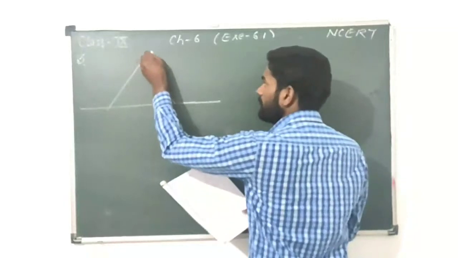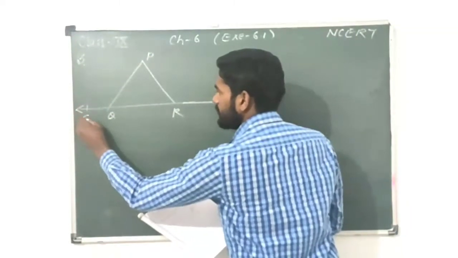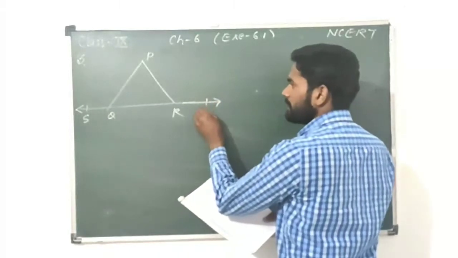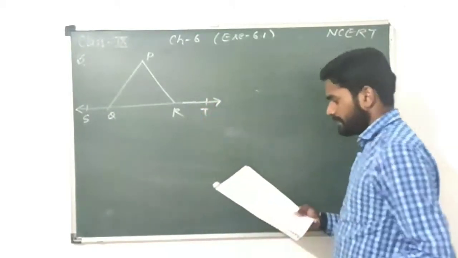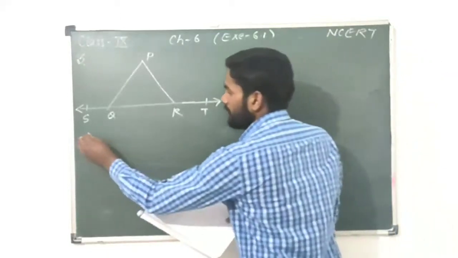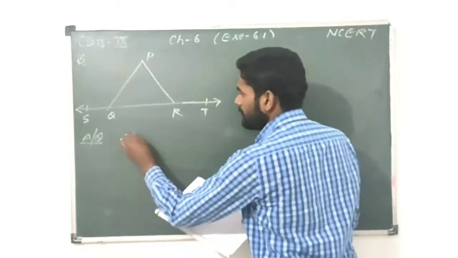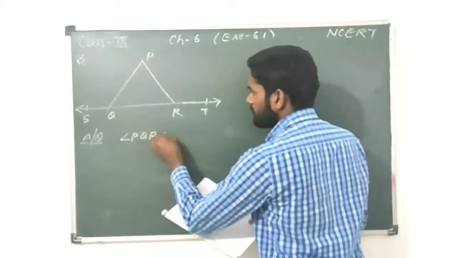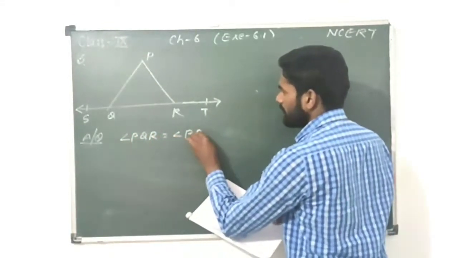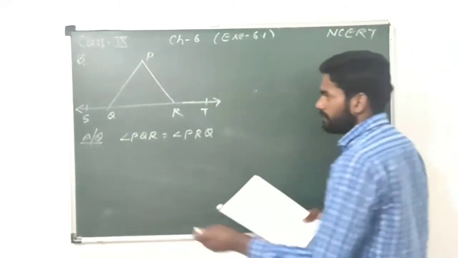These are the points P, Q, R, and it is a straight line ST. And in this case, it is given according to our question. The given thing is angle PQR is equal to angle PRQ. This thing is given, and we have to prove